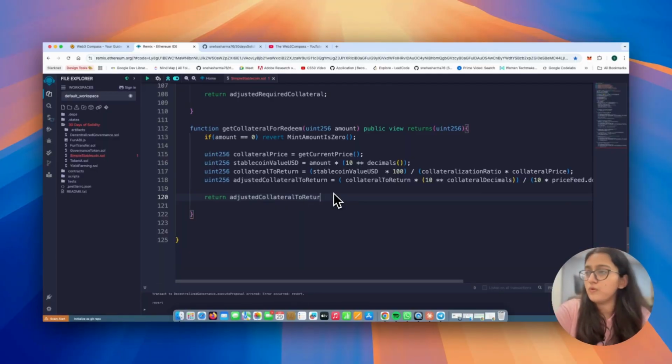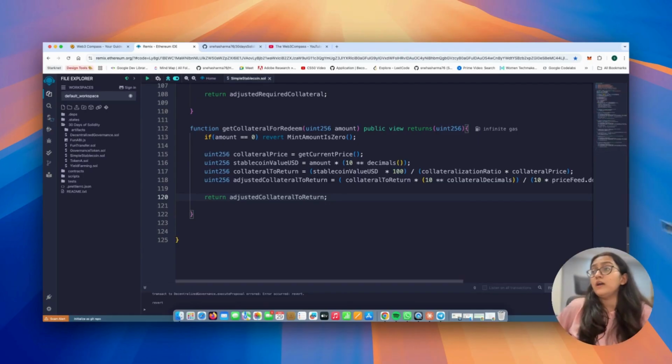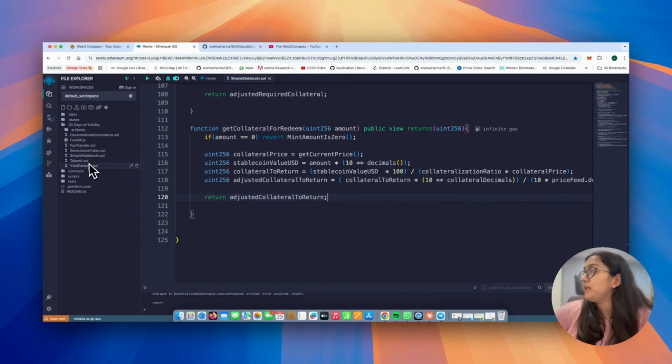Return. Great. So now you can just get it done. Like you've implemented the logic again. So that's your code. Now it's time that you deploy it. Okay. So you have to do one thing first. There would be a